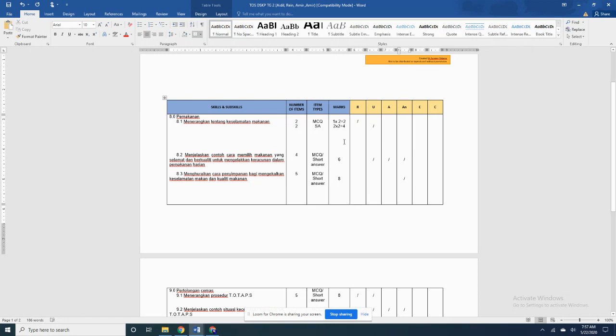Okay. So say, for example, out of these two items from short answer, I do have one item that is remember and another one is understanding. So if I were to do like this, it will be wrong because it's not specific. I campur aduk sekali dalam satu line yang sama. Then this TOS is not specific. So how do I get around this? So if my short answer has two different types of thinking process, I need to specify it more or further.